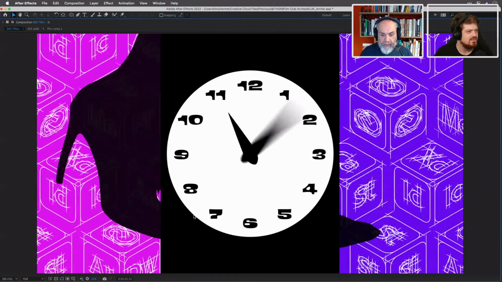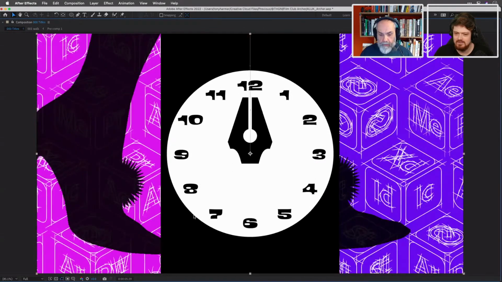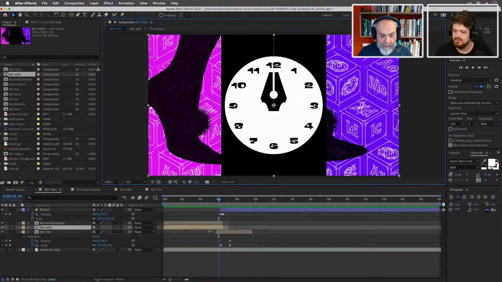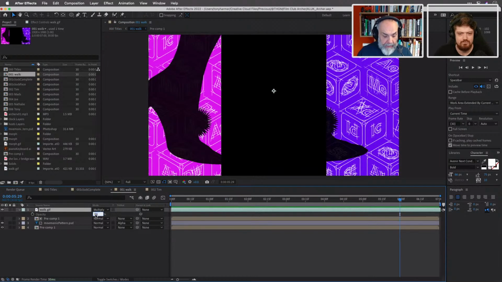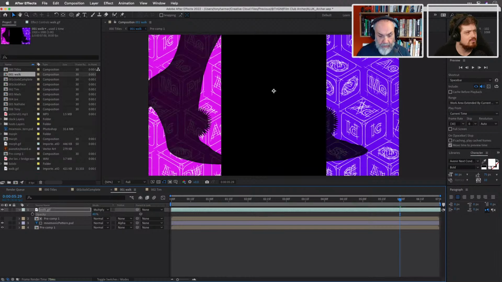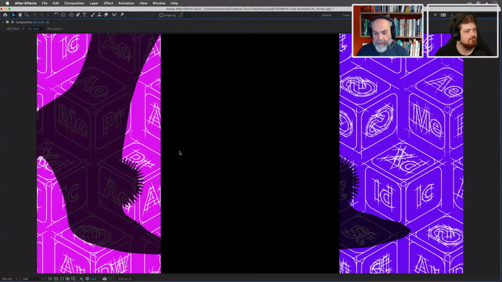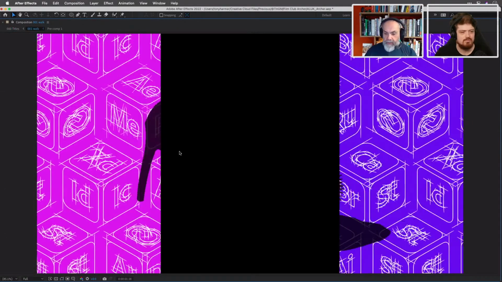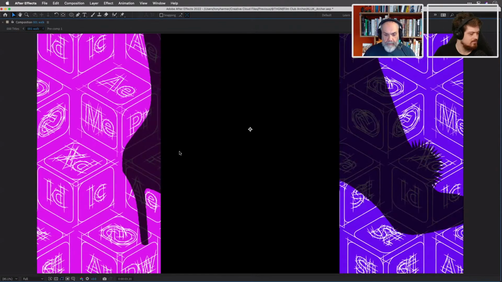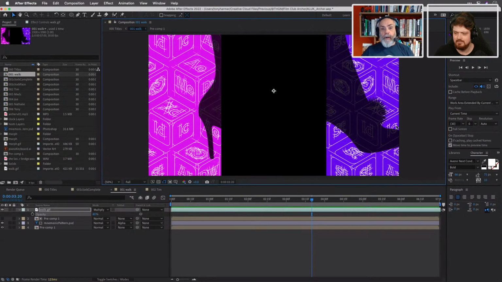If I just press the space bar, you can see it running pretty much in real time. There you go. And you might just be able to see that through there. I mean, it is subtle. I can always make it less subtle, Tim. So if I go here and make the blend 80%. Just there we go. How's that? That's much better. Yeah, now we can see it. Okay. So there we are. Now you can see it, and it's got that texture behind it, so it just adds something to it, just a bit of richness. So it's no longer just a silhouette, and also because there's a lot of black areas inside these titles, it means that you've got something to differentiate against.